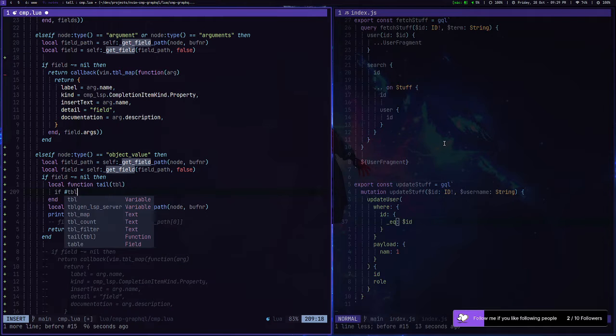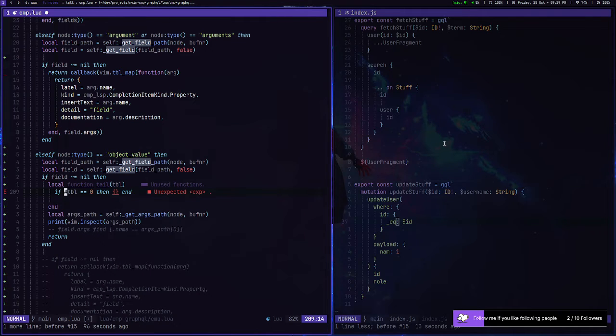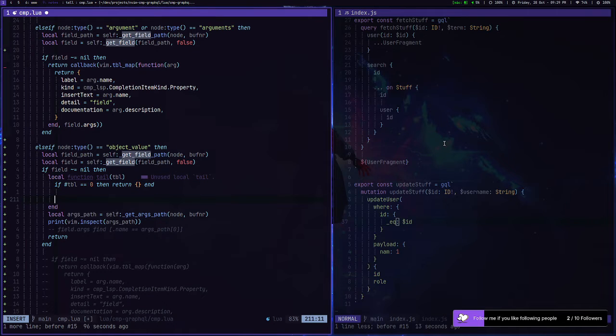I think it's this, right? Let's see. If length of table is greater than or equal to 0, then empty. Otherwise, return empty. Otherwise, we'll